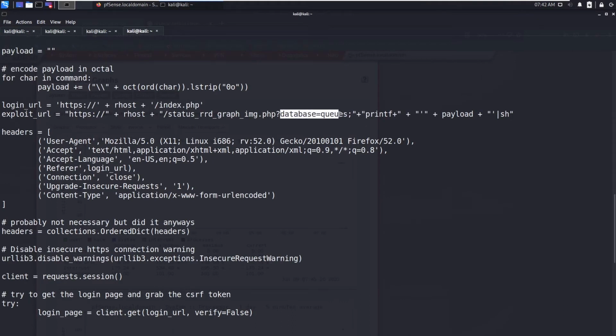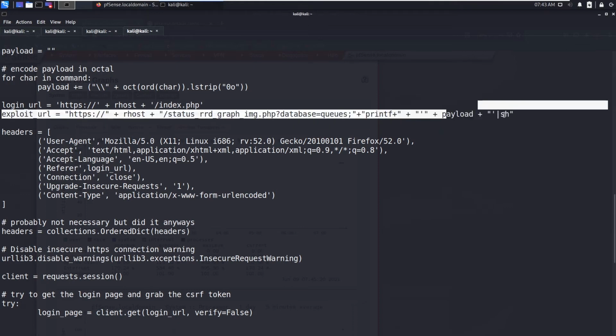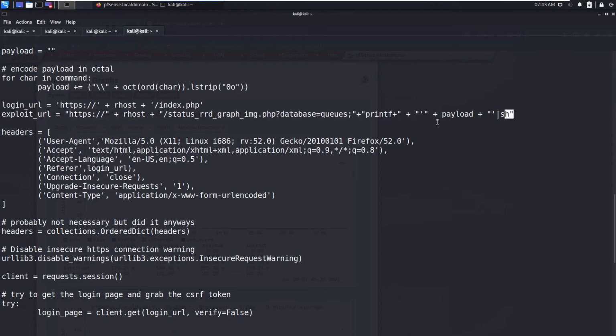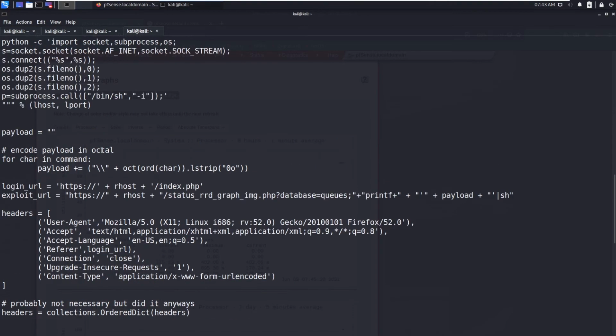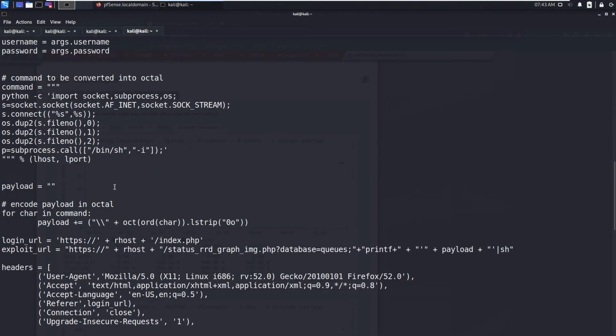So you need to inspect this one. Database equals queues semicolon printf. We are printing the payload and piping it to the shell sh, so this will be executed. You can see the payload has been encoded with octal and appended with two forward slashes. Okay, I tried this exploit but it did not work.